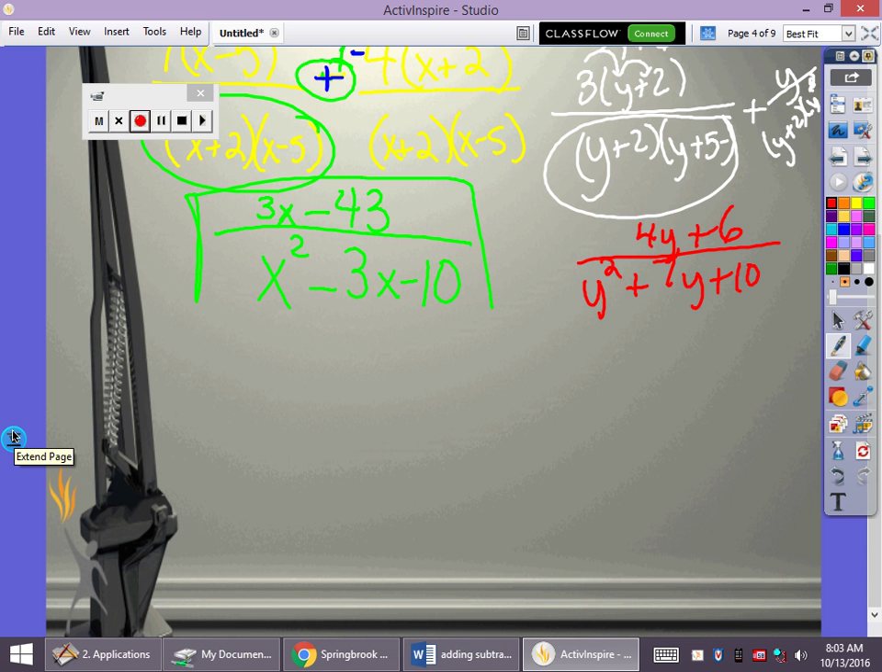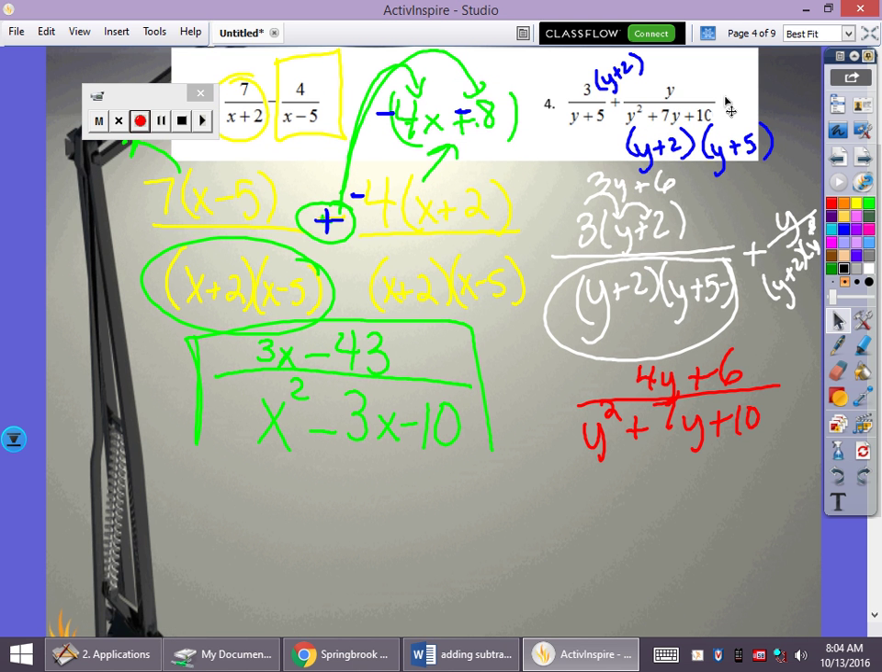It's 4y because 3y plus 1y. Yes. This one here, y plus 2, y plus 5. Yes. How did I get the common denominator? I factored the trinomial and noticed that, let me go back, I factored the trinomial here and noticed that